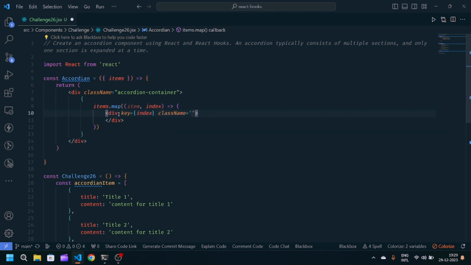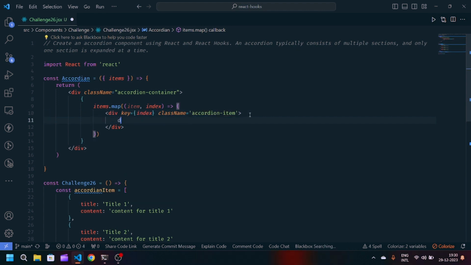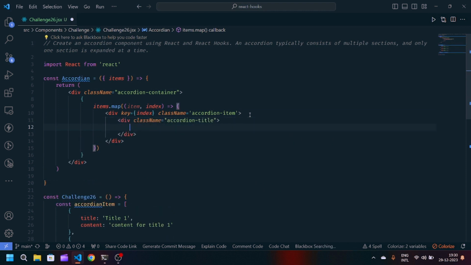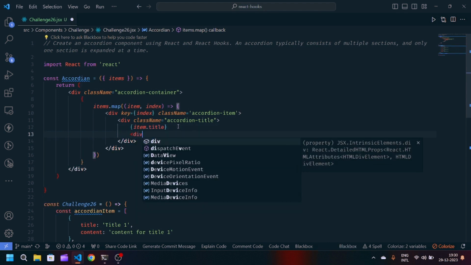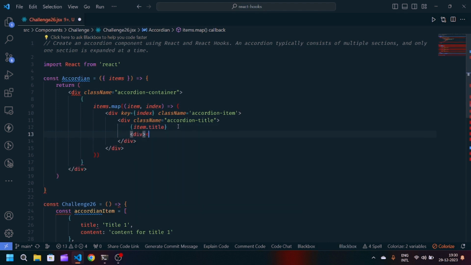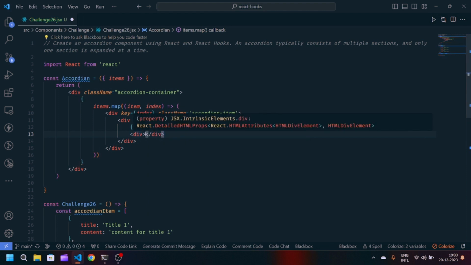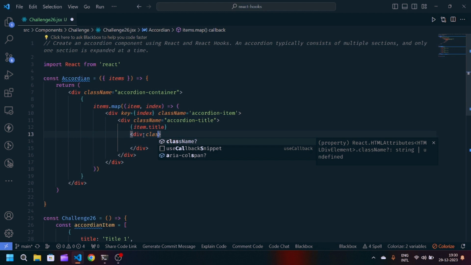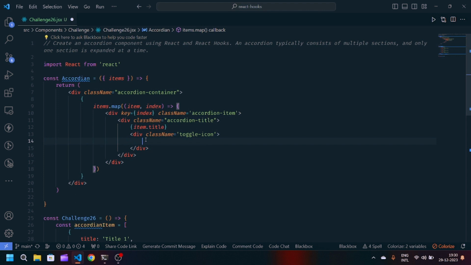Now I will write className. I will write accordion item. Inside I will write accordion title. I will write item.title. Here we will show our title, and then I will make another div. I will give a class name which is toggle icon. Now inside this div,